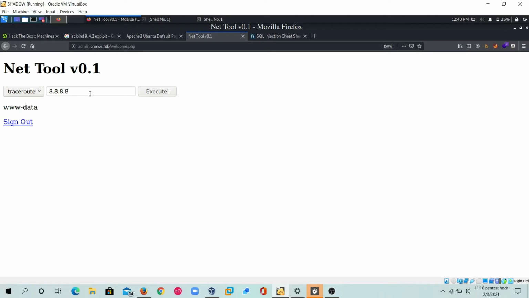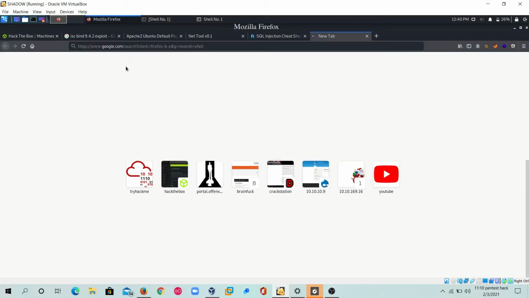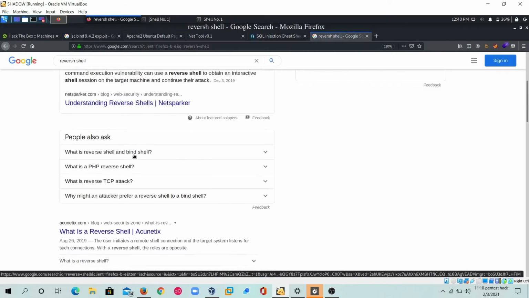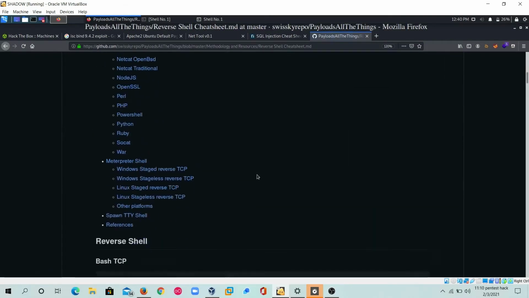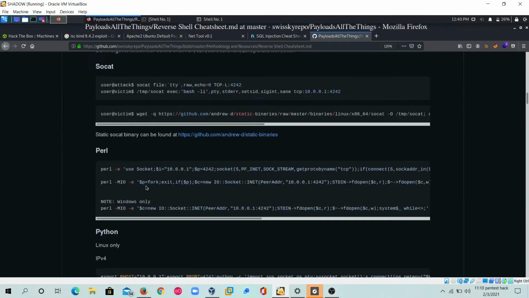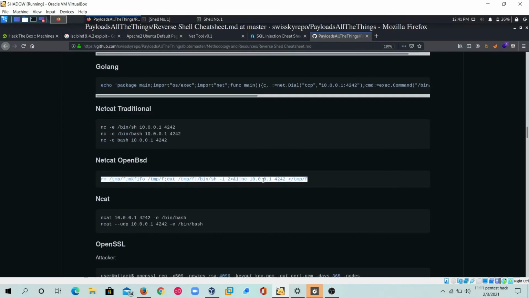So here there is a chance of a bypass, a chance for remote code execution, and we can gain a reverse shell from here. So I'm going to use one reverse shell here. Reverse shell payloads are available on the internet. We just have to search in Google, everything is available. Right now I'm going to use this temp payload, with which I can likely get a reverse shell. First I need to change my IP address here.